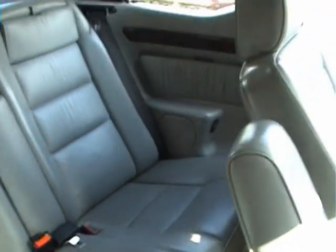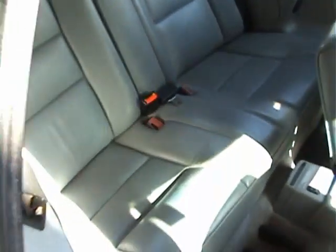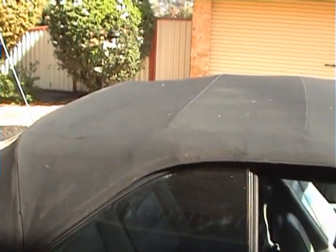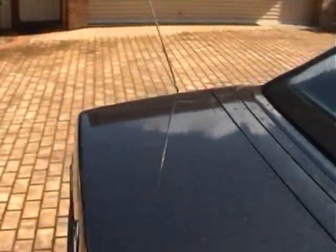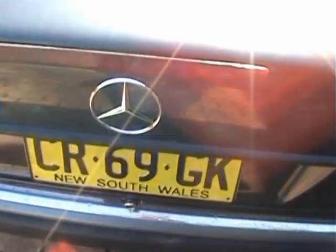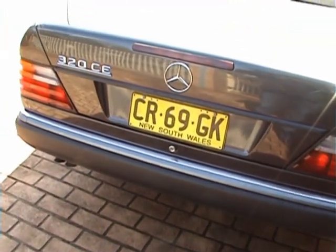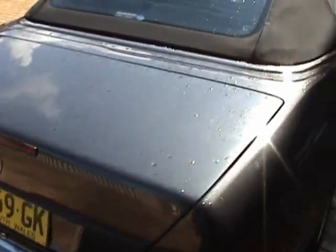I noticed there was water over in that rear corner when I picked the car up this morning, but the good news is the roof actually works, so the pistons must be okay. And the other problem too is the boot. You can't open the boot, and we have only one key with this car and no remote or anything, and the key doesn't fit this lock. So for all I know, the boot could be full of water, or it could be a